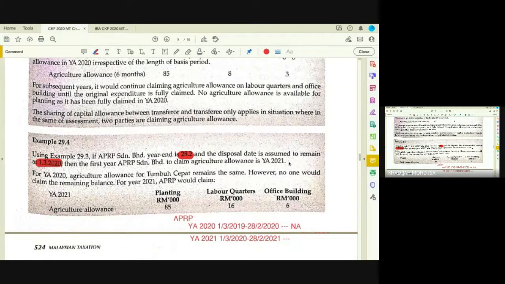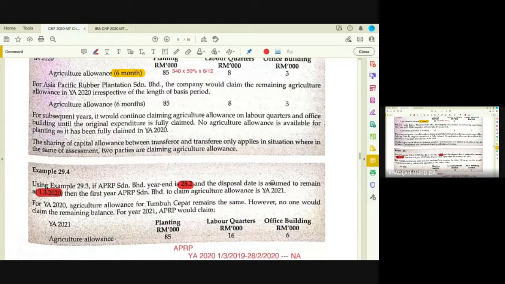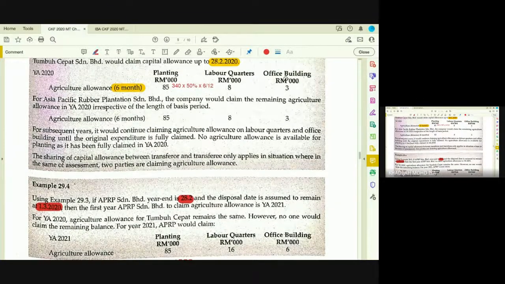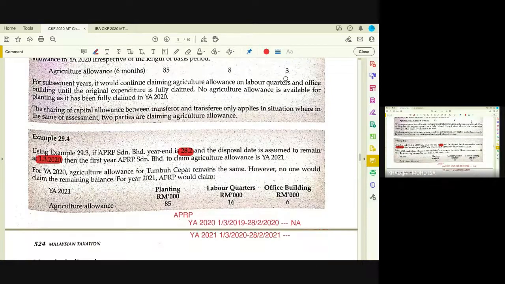So what happened in this example, Tumbuh Cepat remains claiming the allowance for 6 months. So they will claim the same 85, 8 and 3 for YA 2020, and that's how much you claim. But for APRP, they cannot claim in YA 2020. They only claim in 2021 because year end is 28th of February. But in YA 2021, what would be the allowance available for